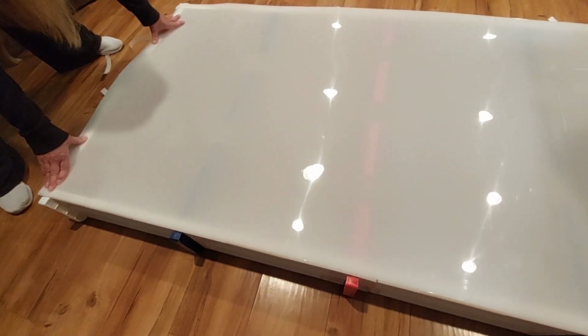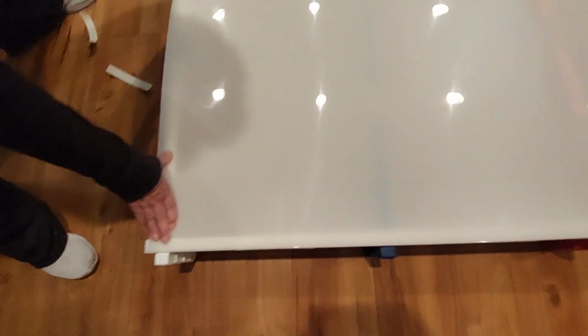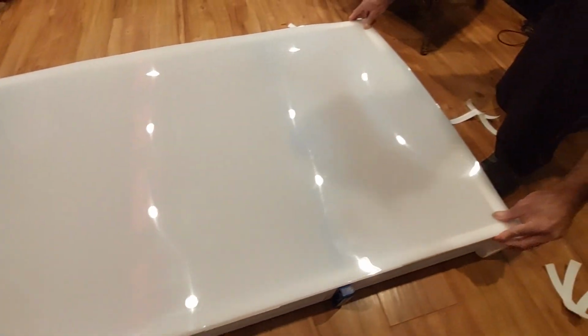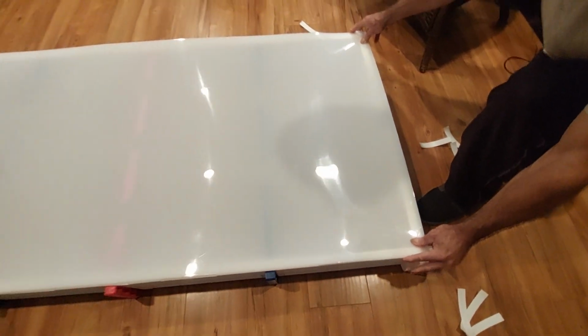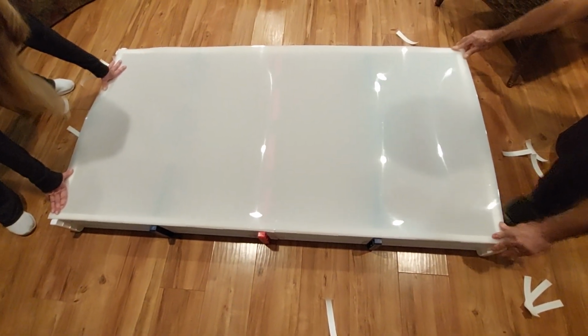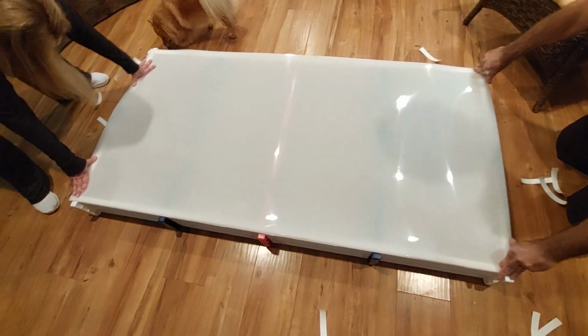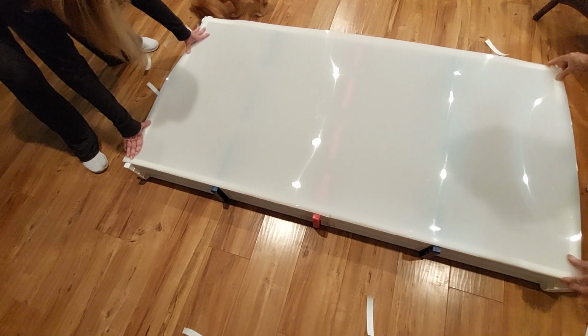How are we down there? Good. You got about a 1/2 inch? Yep. And then make sure that the framework is straight and plumb. Once you have about the same on each end, and you do have some overhang on each end,